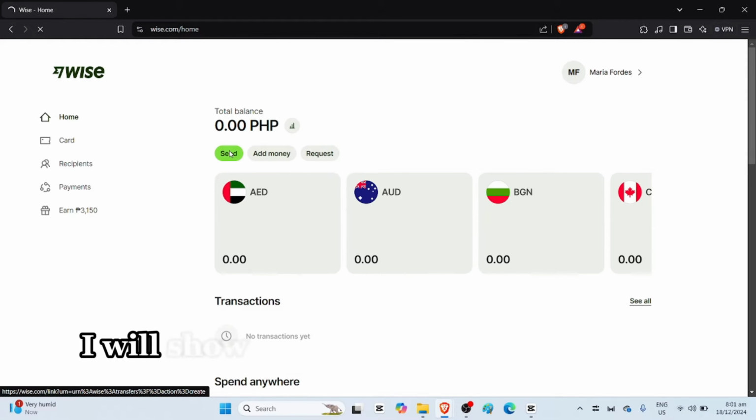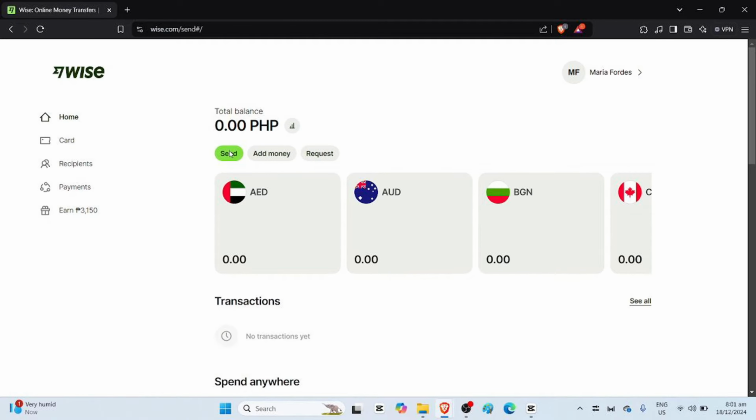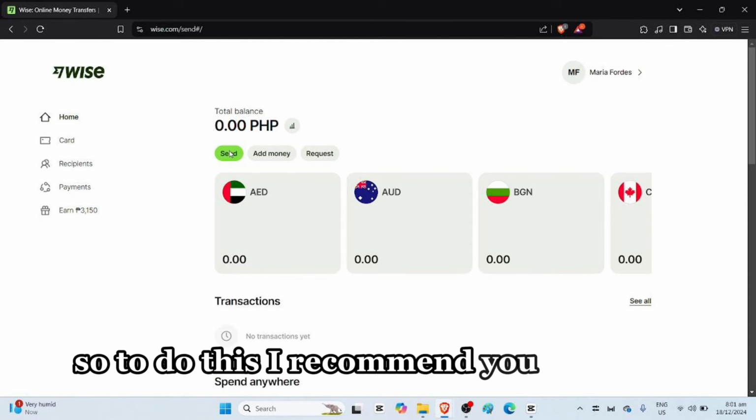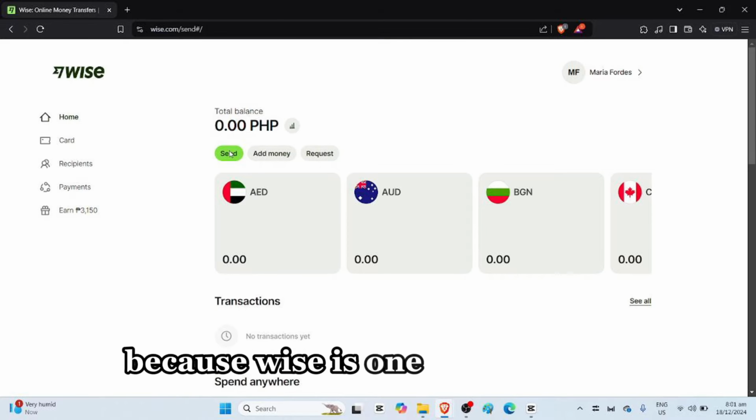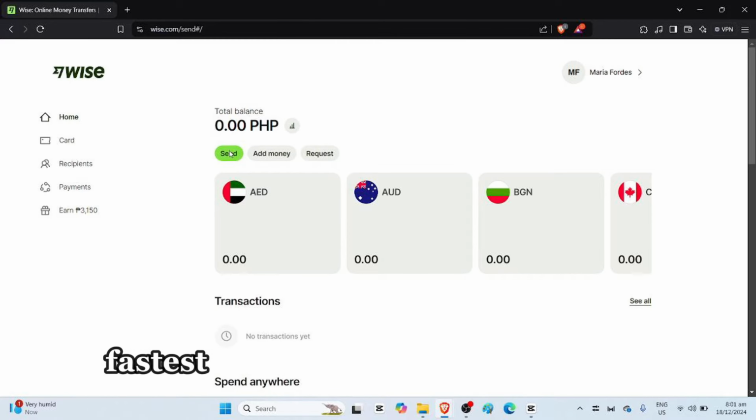In this video, I will show you how to transfer money from UK to Pakistan bank account. So to do this, I recommend you use Wise because Wise is one of the easiest, fastest, and cheapest ways